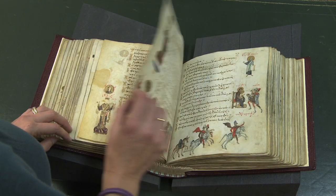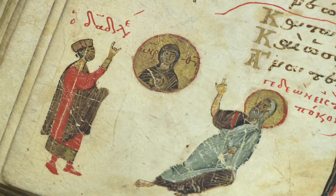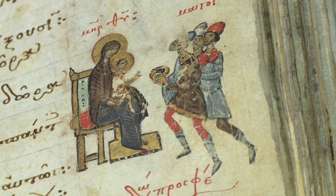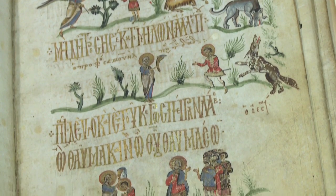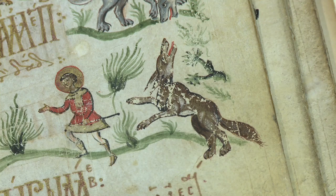to the website. The undoubted highlight of this collection is the Theodore Psalter, which is a book of the Psalms that was written in 1066 in Constantinople by a monk called Theodore at the Stoudios monastery. This Psalter is one of the treasures of Byzantine art, and it contains over 400 marginal illustrations. And at the end of the manuscript are some verses composed by Abbot Michael of the Stoudios monastery on the